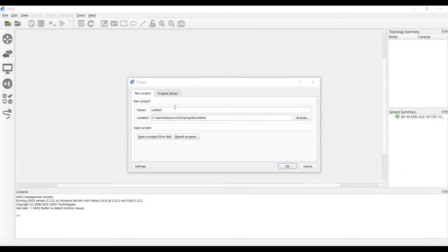Good evening, everyone. In today's lecture, I'm going to explain step by step how you are going to create a project in GNS3 and how you will add the IOS images. And then I will cover the next part, the one which I covered in the previous lecture. Some students complained that they were not able to see because the font was very small. So in this lecture, we are going to